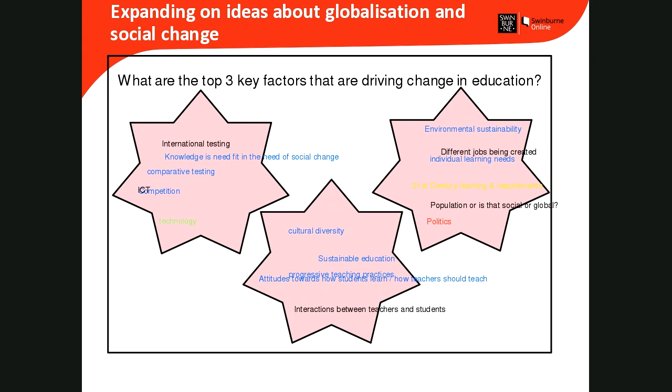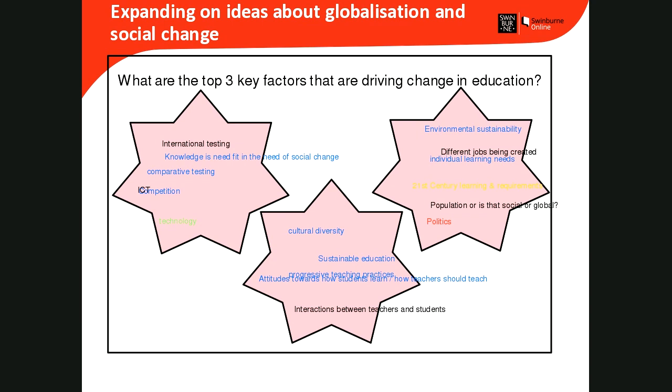Because one thing I found, there was lots of great discussion on issues to do with cultural change in society and increased multiculturalism in Australia, but then there was no link back to education. So you told me all the stats about Australia's changing population and then didn't link it back to education. So make sure any of these points that you pick, that you link it back to education and try and choose three really different ones so you can show just how much you know.